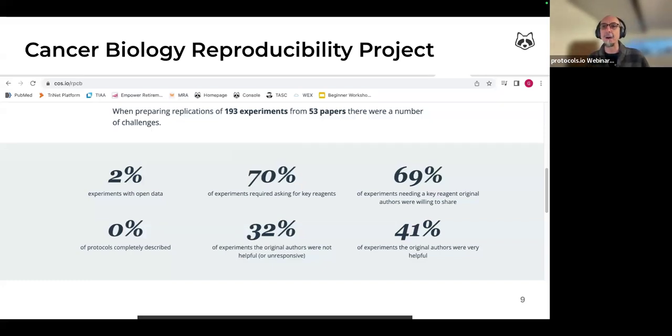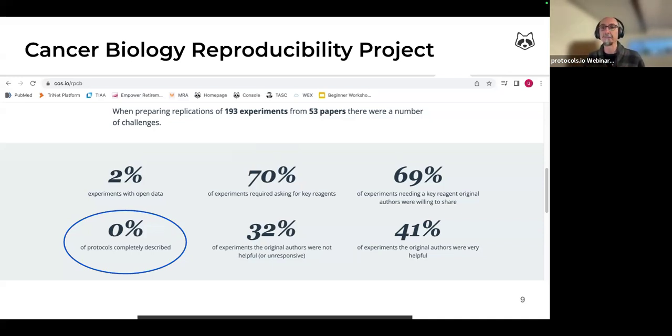What you see on the screen now is the Center for Open Science website that summarizes some of the results of the Cancer Biology Reproducibility Project. As you can see, of the 193 experiments that they tried to replicate from these 53 articles, 0% of the protocols were completely described. 0%, which made it impossible to reproduce them without contacting the original authors.